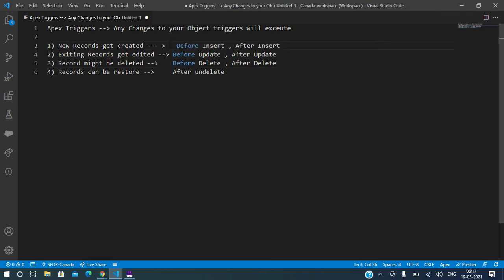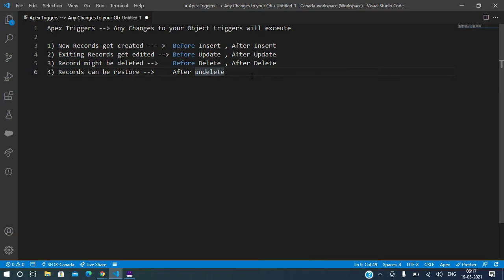So totally, how many events do we have in triggers now? Seven. What are the seven events? Before insert, after insert, before update, after update, before delete, after delete. For insert, edit, and delete, we have two events each, both before and after.